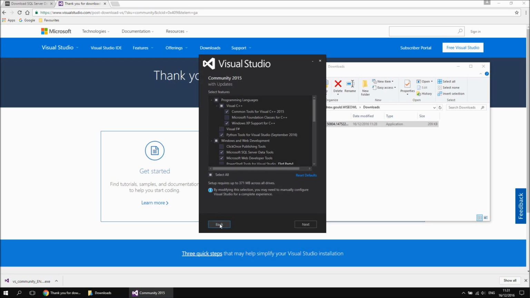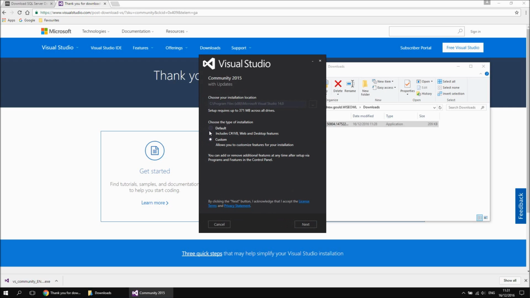So I'm just going to click back, and then I would recommend, unless you desperately want to control exactly what gets installed, I'd recommend just going with the default installation. You can modify everything about your Visual Studio components later on. You can add components you didn't originally choose, and you can remove other components as well, so you can change all that later. So if you've chosen the default, all you would then need to do is click the install